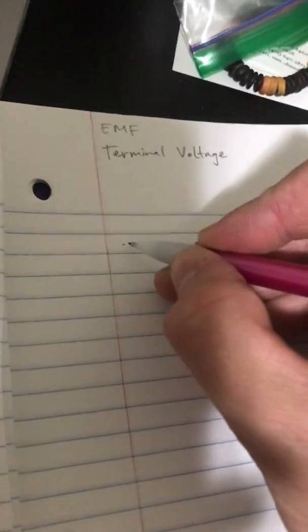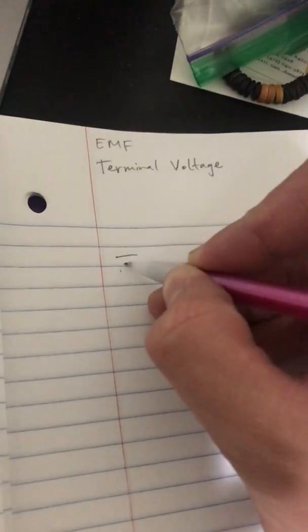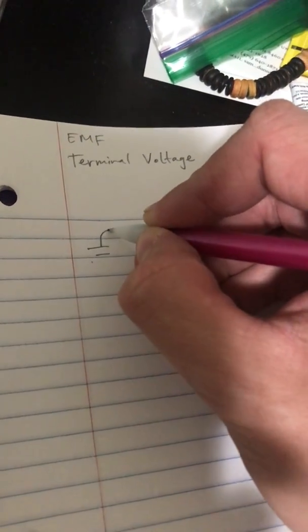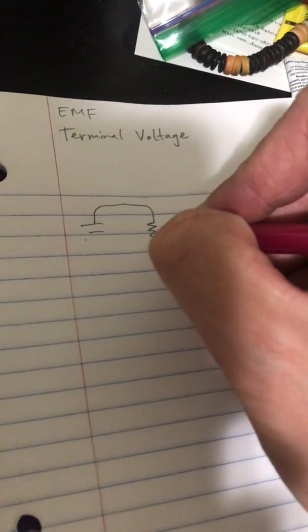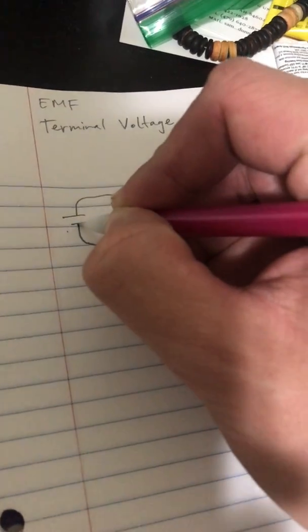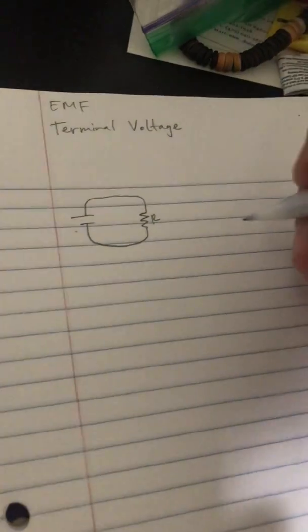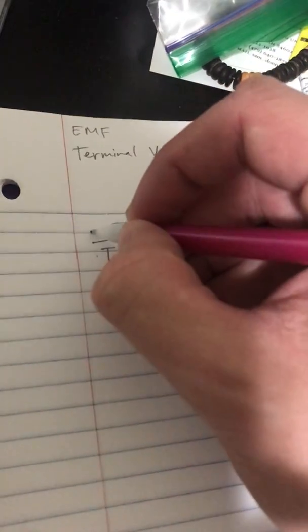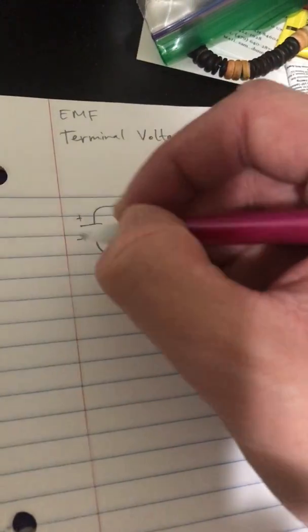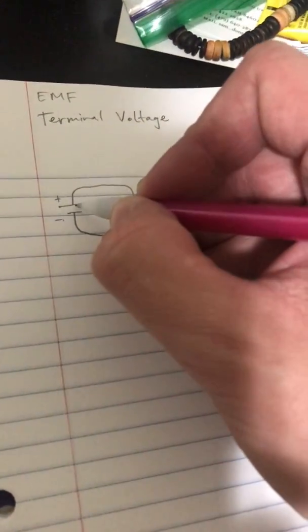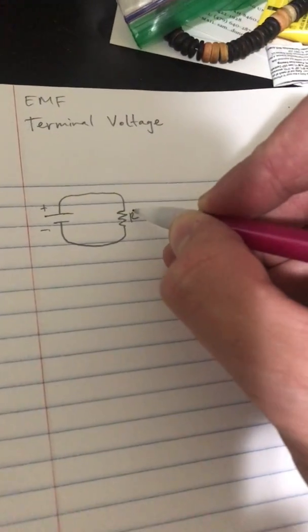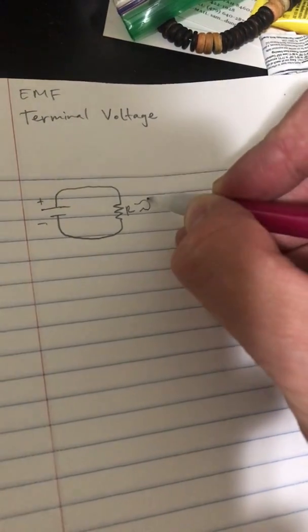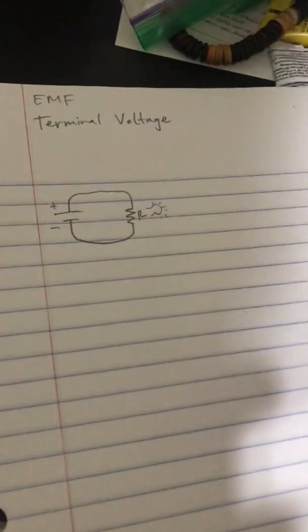I think the first thing that's going to be important to understand is the symbols. They go into creating a representation of a circuit. So here we've got our battery. So that's a symbol for a battery. And then we've got a resistor here. And the resistor can be something like a light bulb or whatever the battery is going to be powering. And then when we're drawing